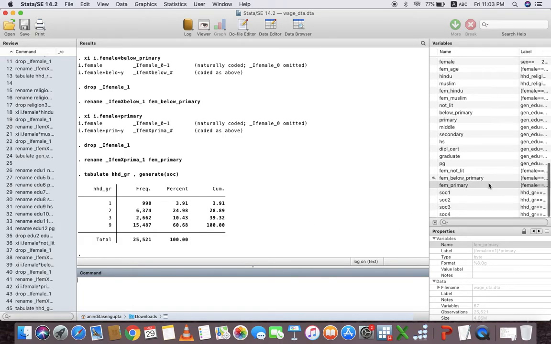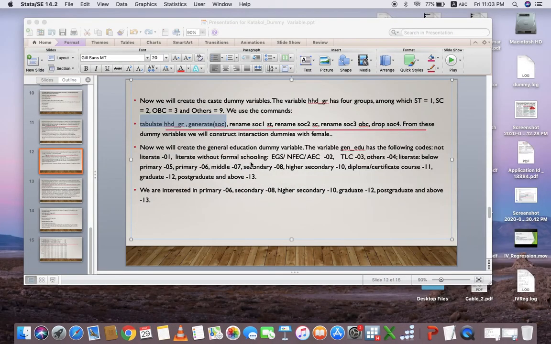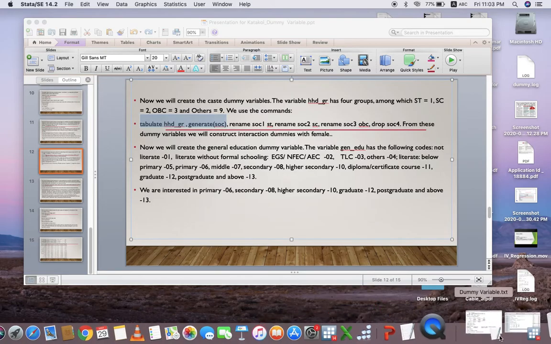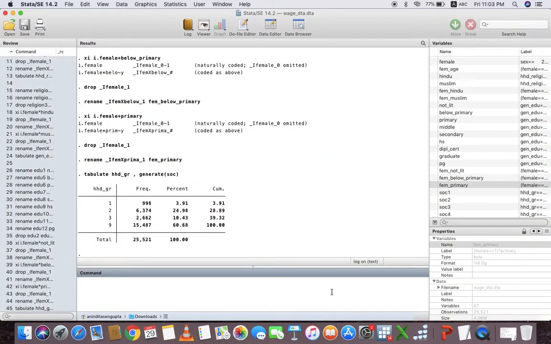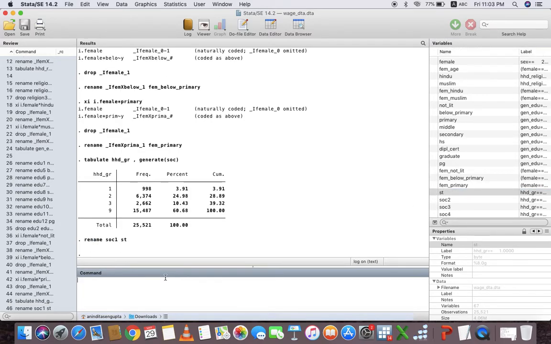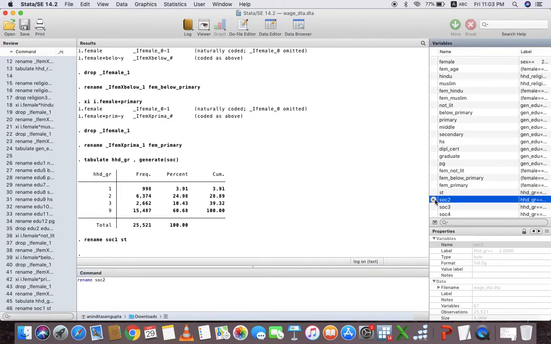So they are created. Now code 1 means ST, so we have to rename SOC1 as ST. We have to rename SOC2 as SC.